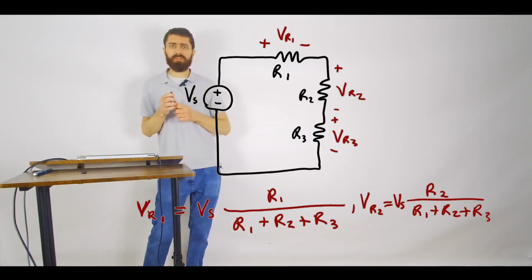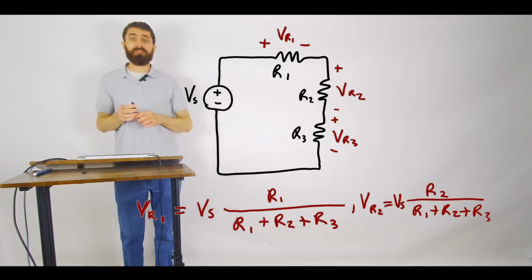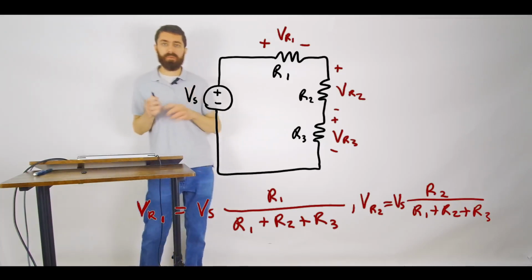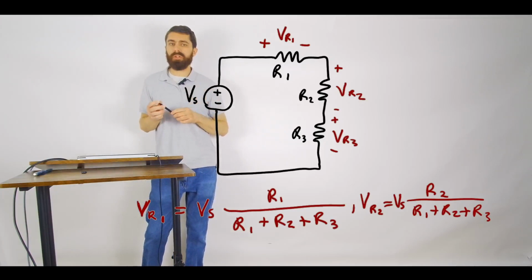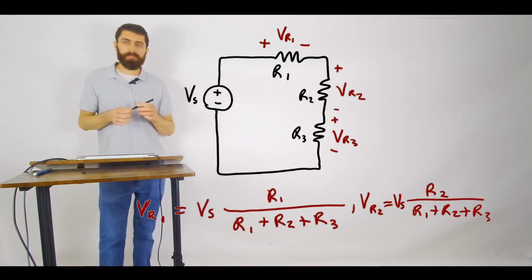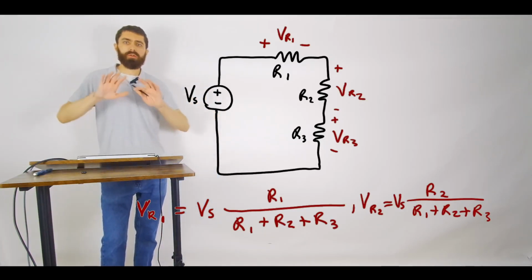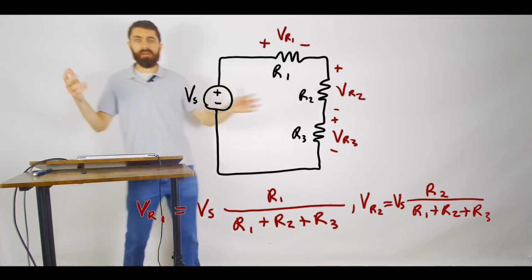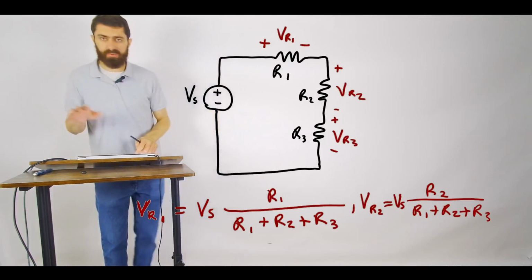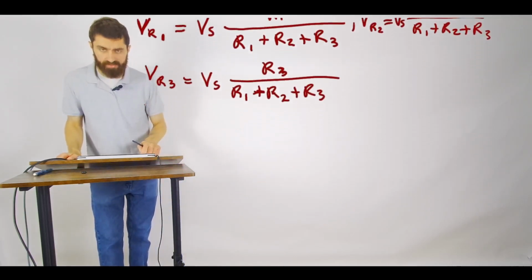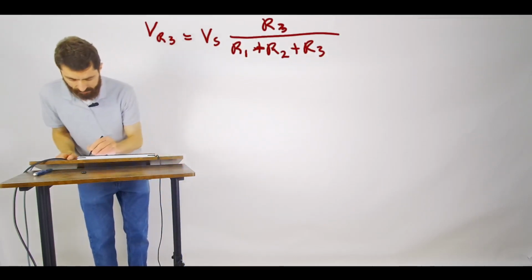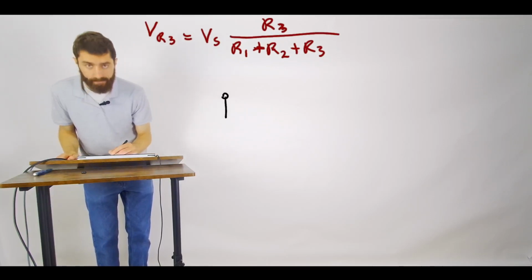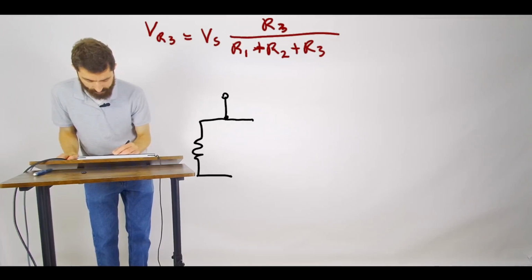Before I do that, though, I also want to introduce the concept of current division. There's a similar formula for current division. It only works for 2 resistors. It doesn't work for any number of resistors, but it's pretty similar. And this is the formula here. So if you have 2 resistors and they are in parallel,